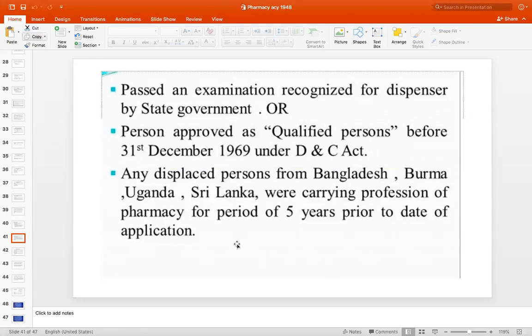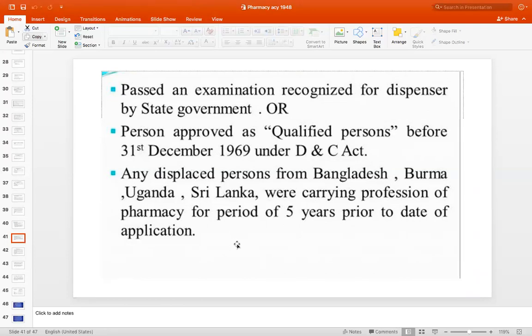He should be qualified before 31st December 1969 because partition happened, or whatever it has happened, it was after 1947. And during this 1959, you had an opportunity to do this degree and get the certificates. If you have done within that period, that is between 1959 to 1969, in these 10 years, if you have finished this degree, then also you can come under this special provision.